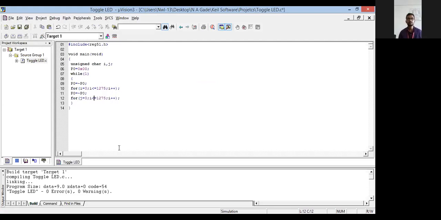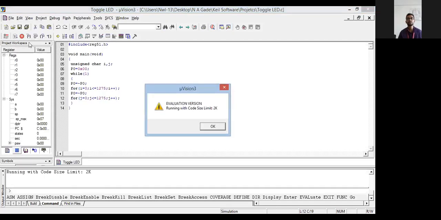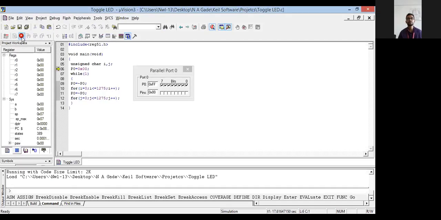So here I'm changing this variable because the program is not executing correctly. So it is halting over here. It means somewhat issue is there.